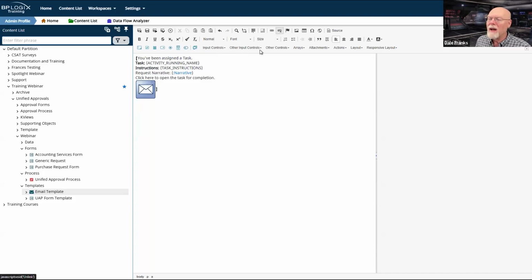We're going to be using the form field system variable for a lot of things. Why is this a link? I don't want it to be a link. I just want it to be text. There we go. Control Shift V will fix that. And I'll go ahead and boldface this.